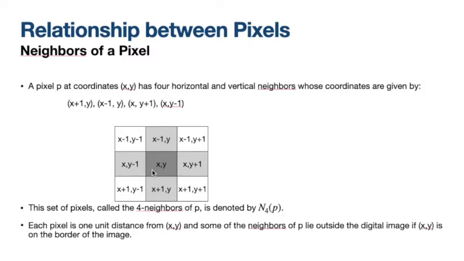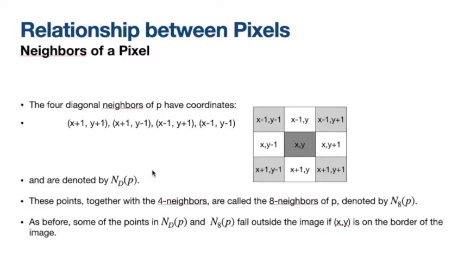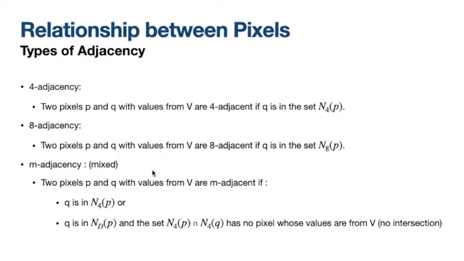Okay, and you have M adjacency. M adjacency means it is a mixed kind of adjacency, that is, 2 pixels p and q with values v are M adjacent if q is in the n4 of p or in nd of p, and the set n4 of p intersection n4 of q has no pixels whose values are from v. That means